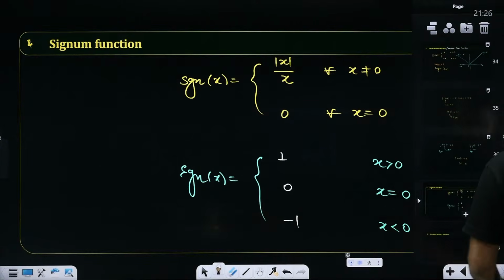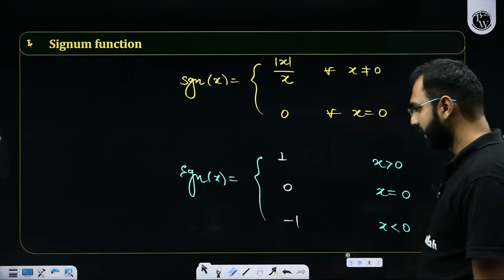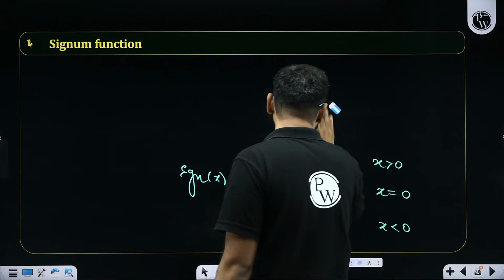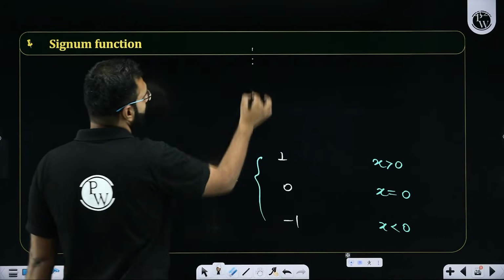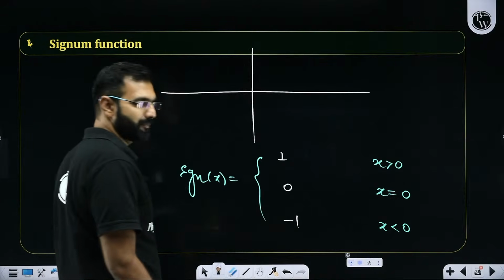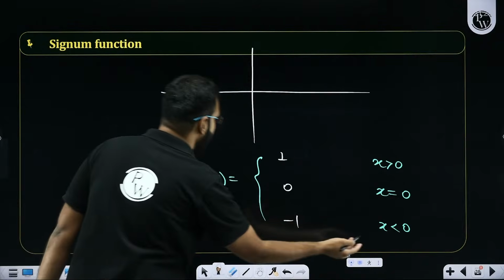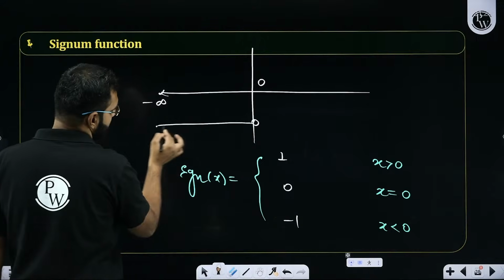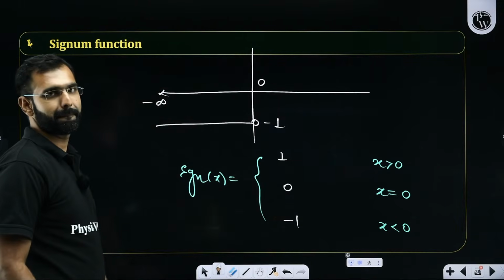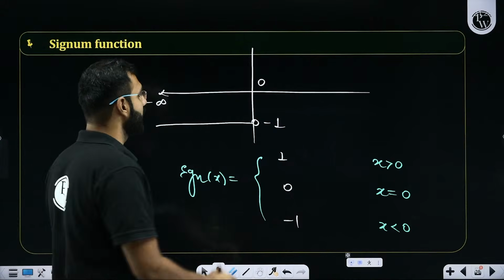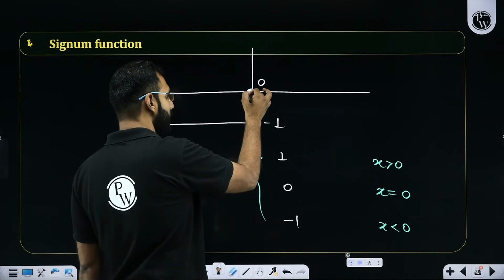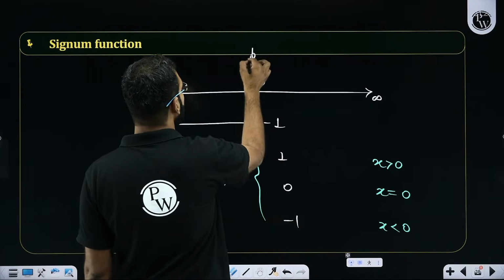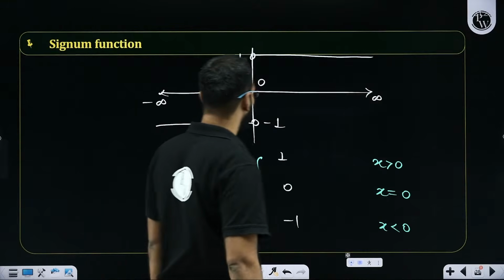Now, if I redefine it graphically as well, how will I do it? Can somebody tell me how the graph will look, through words, if you can try? What do you think? Sir, signum of x, if I draw its graph: for all the negative values of x, which means for all the values between minus infinity and 0, its graph stays constant at minus 1. But at 0, it is not minus 1, sir. At 0, it is 0. And for all the values between 0 and infinity, it holds a value of plus 1.